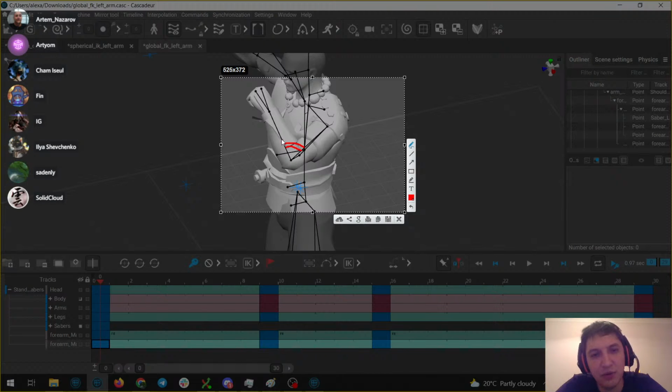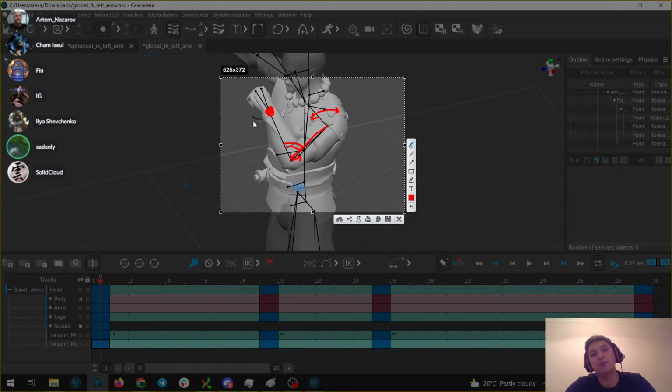So you can say that this point gets interpolated somewhat like an FK, but because these two are interpolated using the global vectors, rotations of, for example, the clavicle point will not affect our interpolation in any way.